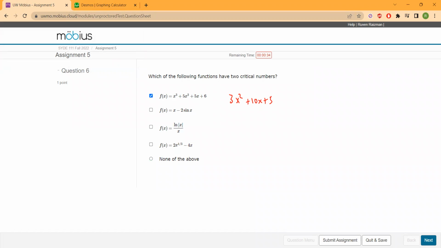x minus 2 sine x. If we take the derivative, we're not going to be able to finish this, guys. I'm sorry I started a bit late, but hopefully the amount that I did take up helped you. But let's just continue. So x minus 2 sine x. If we take the derivative of that, we're going to get 1 minus 2 cos x. And so this would only yield you,